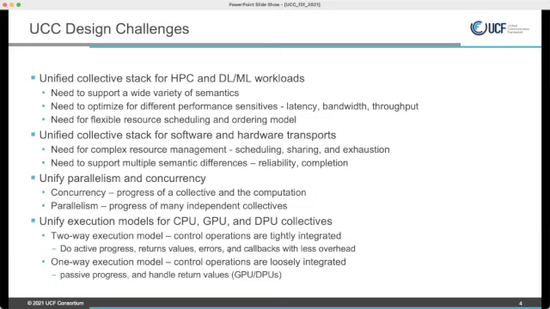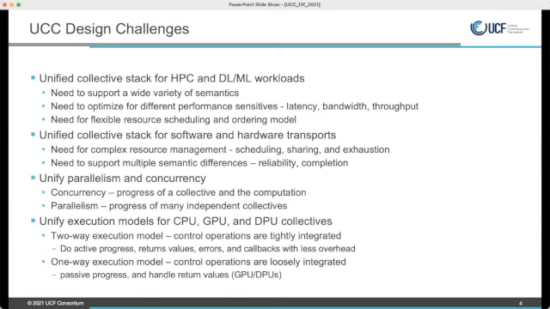I just lost power, so I just wanted to make sure that you guys are still with me. So, the two-way execution model. In this, the thread that is calling the collective and the thread that's executing the collective have a little bit less overhead. So in this, you can call the execution thread and understand the progress, return values, and so forth, and you pay less cost. And this kind of model maps well to something like CPU.